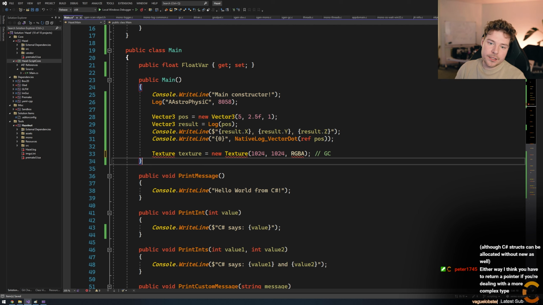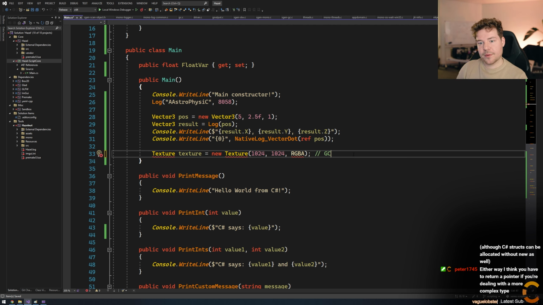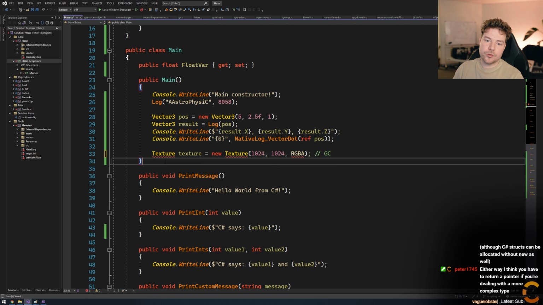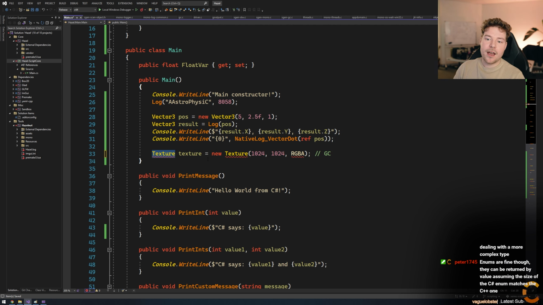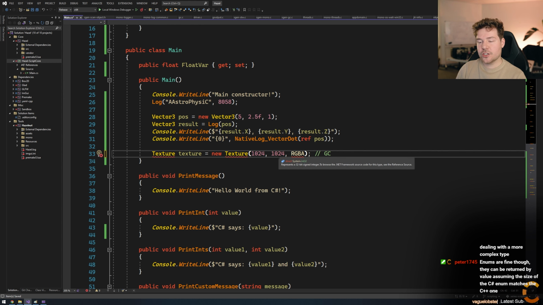But doing something like that is important, because if you have an engine with potentially a render thread, then even if C# is done with it and garbage collects it, you might not immediately want it to be deleted, because it could still be a valid resource in use by your render thread. So you still want the data to stay alive. But ultimately, it will come down to writing a texture class in C#, having the constructor perform the allocation, and potentially store an int pointer.